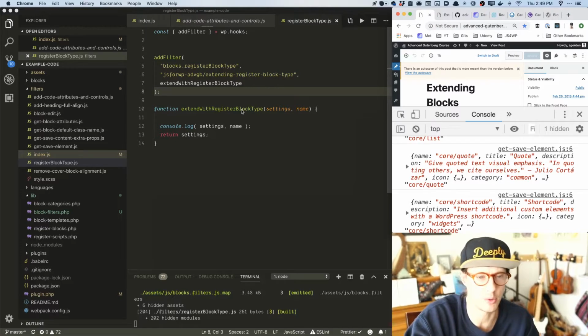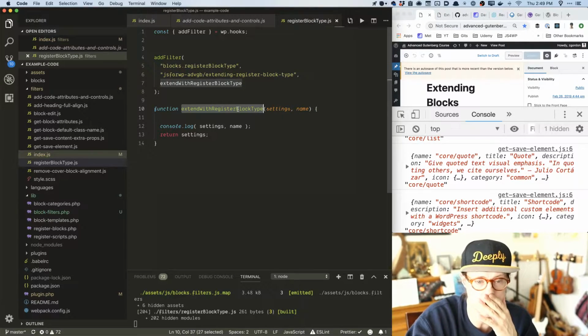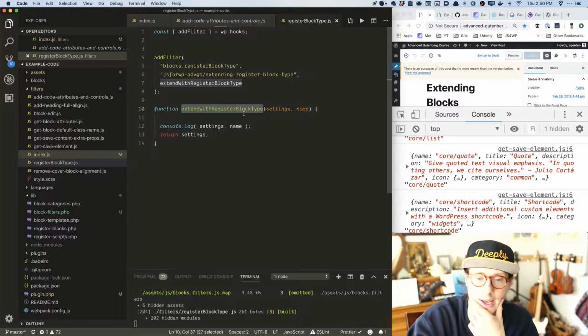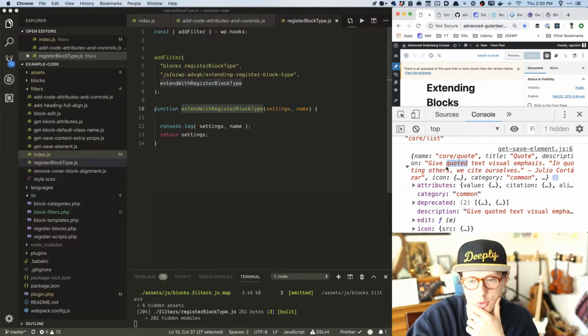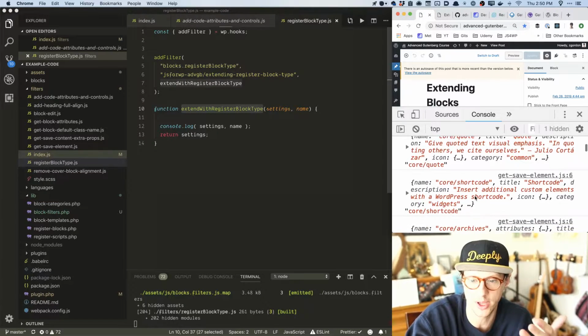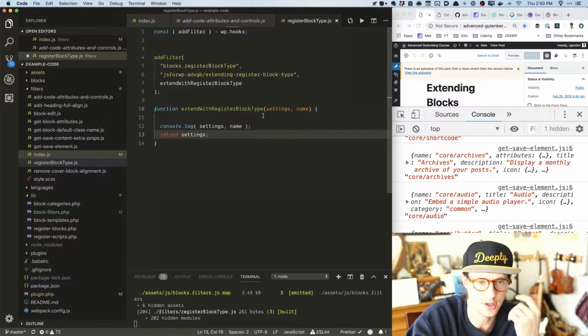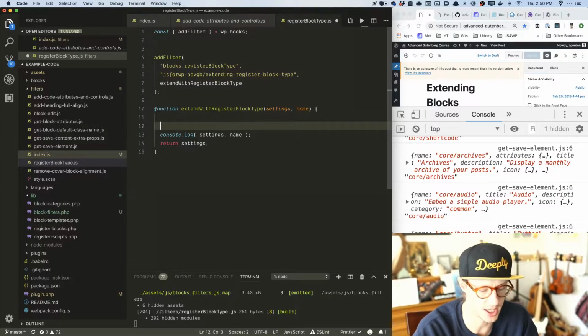So if you think about what it's doing, we're hooking into register block type settings. Every single time register block type is called and that's being used to set up a block, then we can hook into that. So the first thing we see here is the name. The nice thing you could do is run conditional checks. So we could say